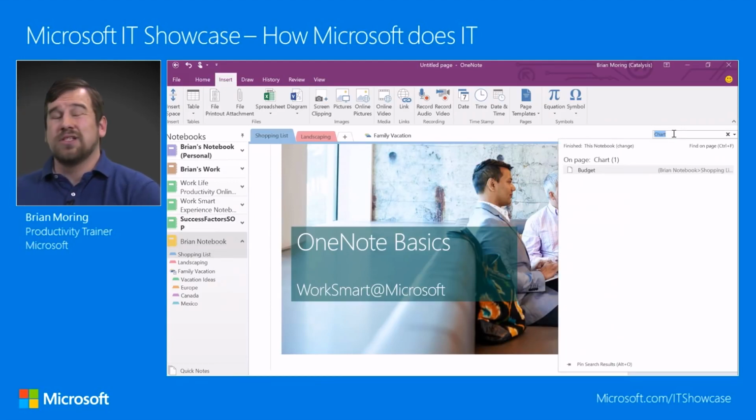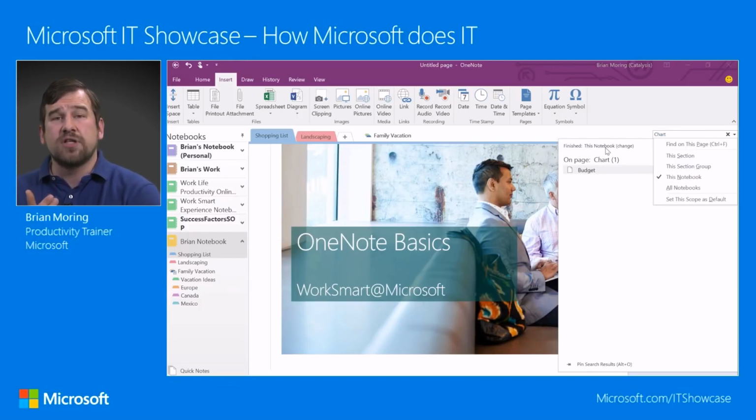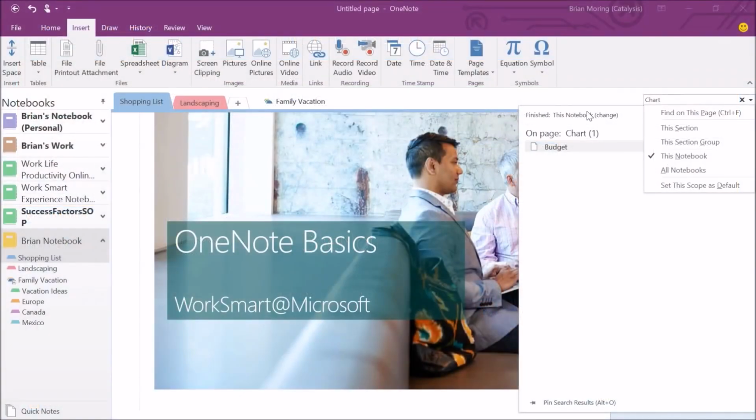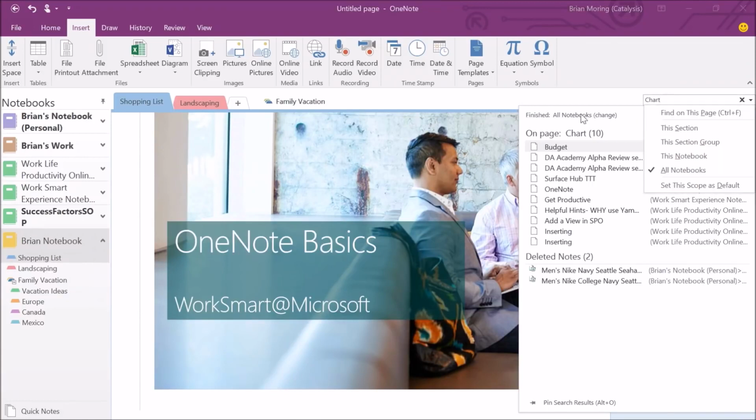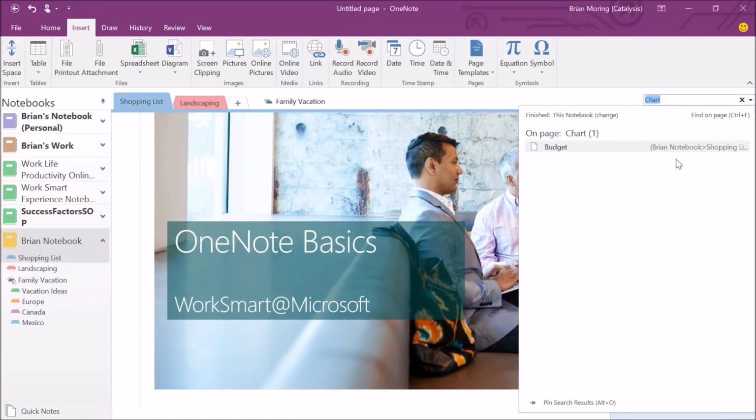Not only do we have the ability to search this notebook, we can search all notebooks at one time. In this case, I've set my search default to be this notebook. You can change that at any time by selecting this notebook and then selecting all notebooks. And if you want to set that as your default, you can then go down and set this scope as your default. But right now, I just want to search this notebook, and what I'm going to search for is